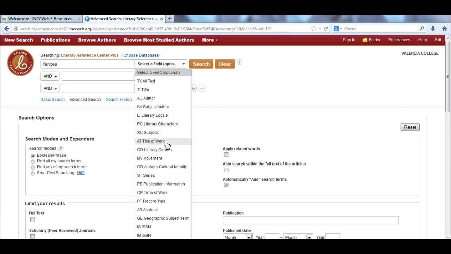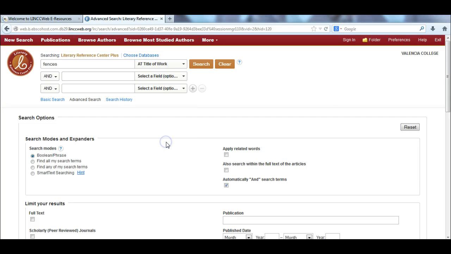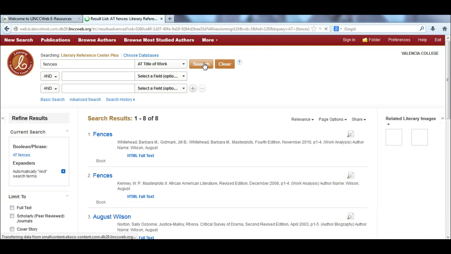You'll want to pick Title of Work if you put in the title of the play you're working on, or novel, or short story. You don't want to pick title because that will search the titles of the essays about the play or book. So if we pick Title of Work and click Search,